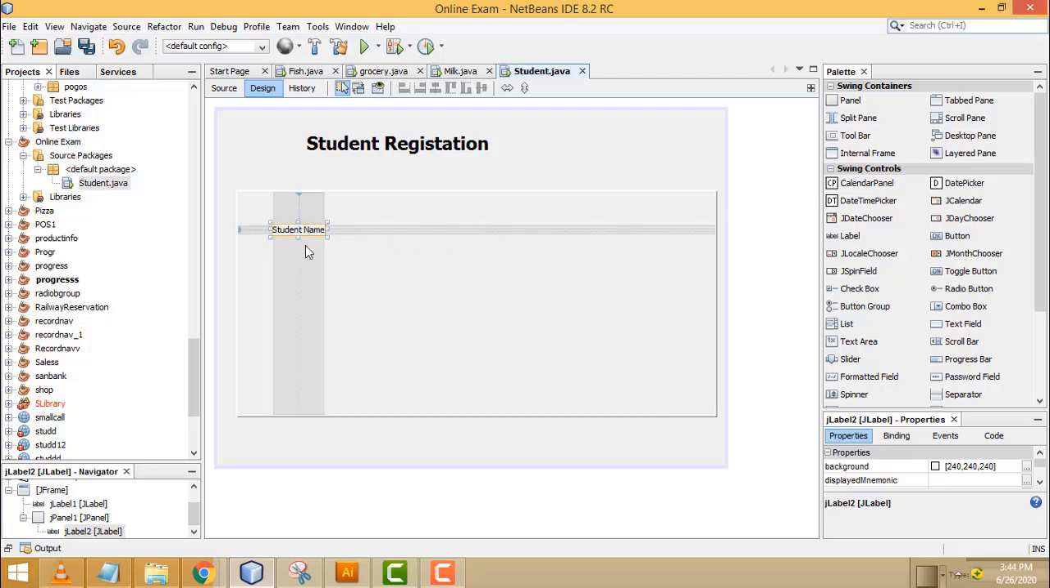After that, same label, Control C to copy, Control V to paste. This one should be the age. After that, Control C to copy, Control V to paste. Here, this one we have to click age. This one, we have to make it as